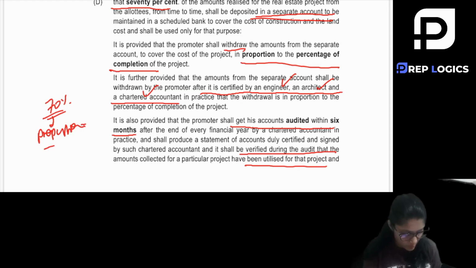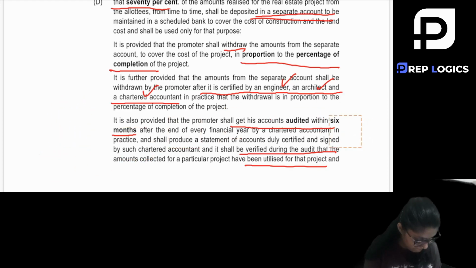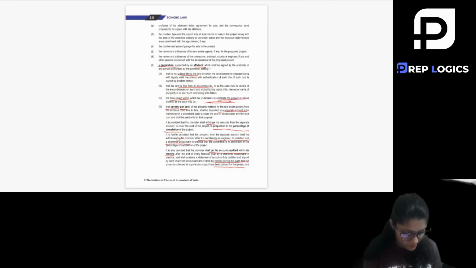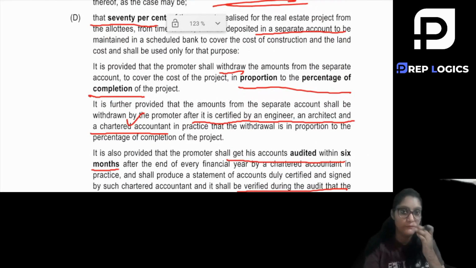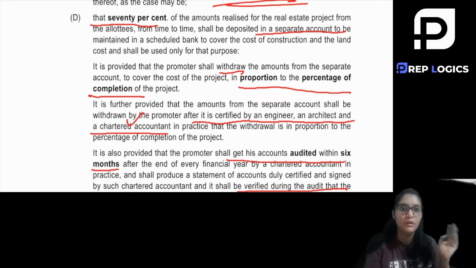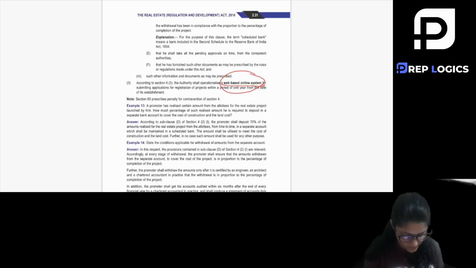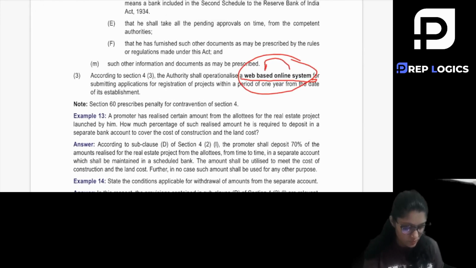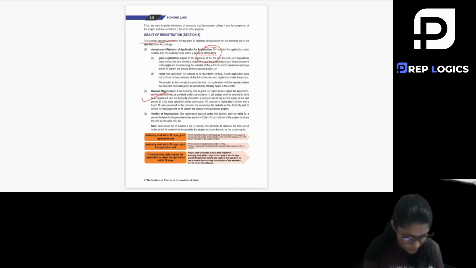Okay, and he also must get his accounts audited within 6 months by a practicing chartered accountant. Now I hope you are able to understand how he will be withdrawing the 70% amount. He must get it certified from all the three, and within six months he also needs to get his accounts audited by the practicing chartered accountant. He also needs to mention all the details in the web-based online system, that is your website. All the examples, etc., you need to read once. All the things I'm going to cover in the